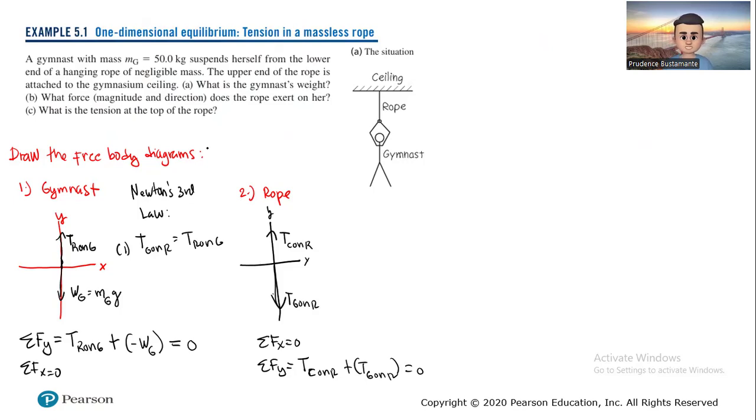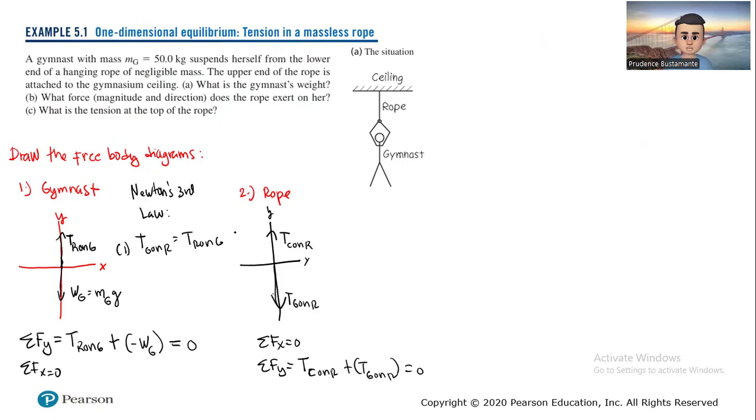So these are the steps. Meaning you draw, you set up, you do the free body diagram, you sum all the forces along x and y, and you get as many equations as you have. Okay. From here,